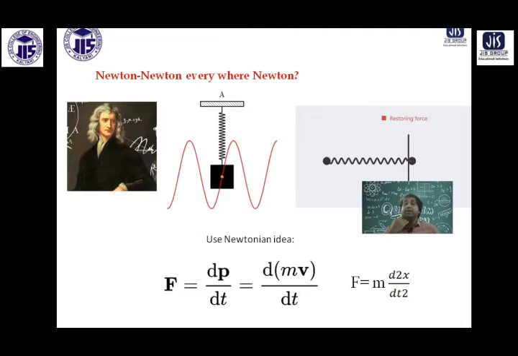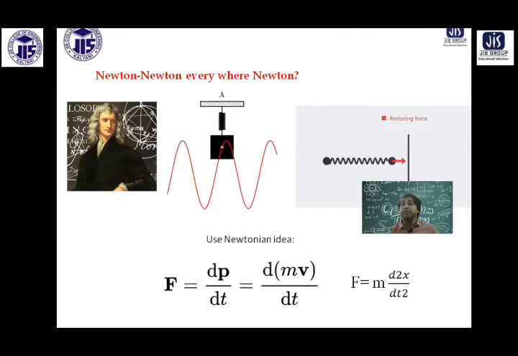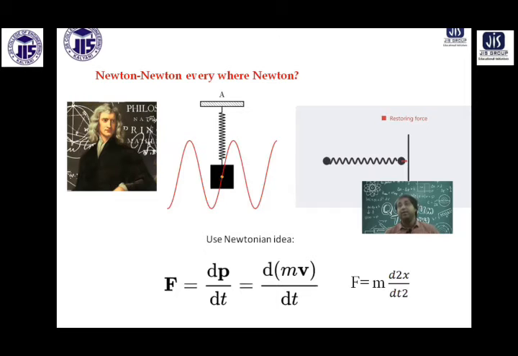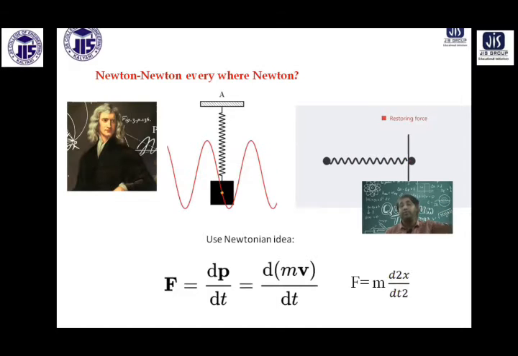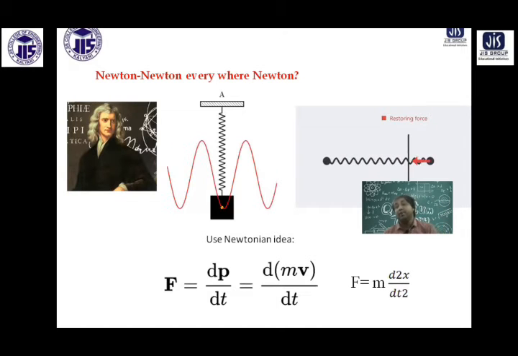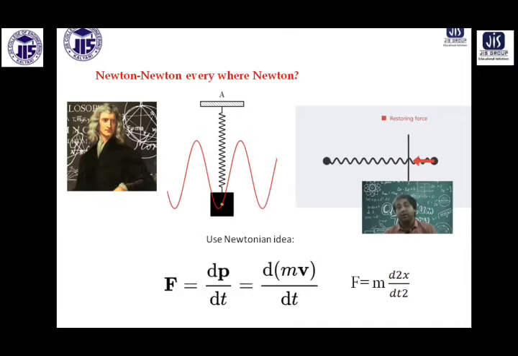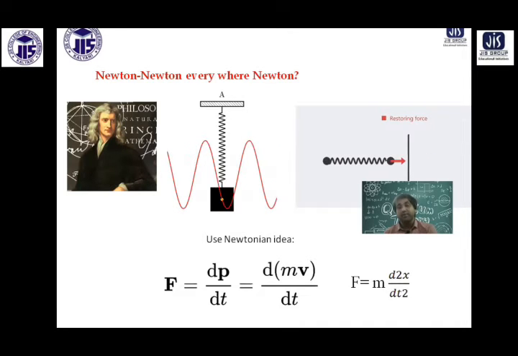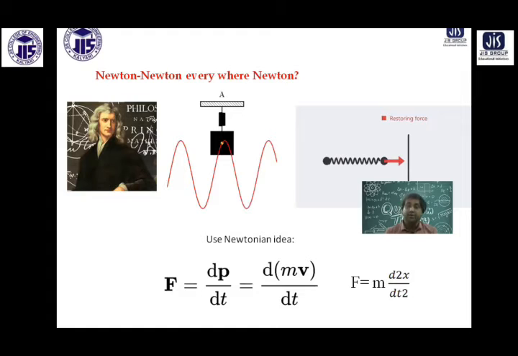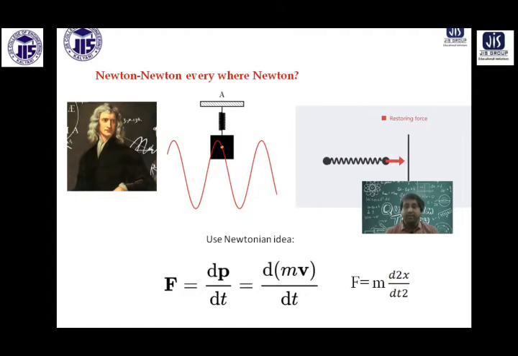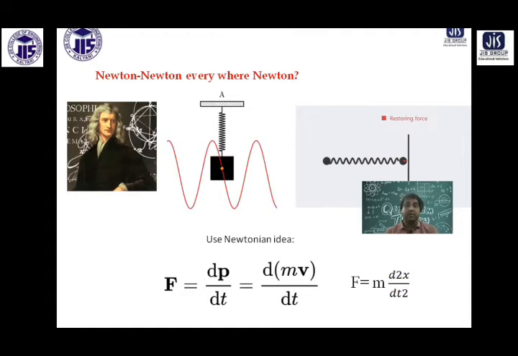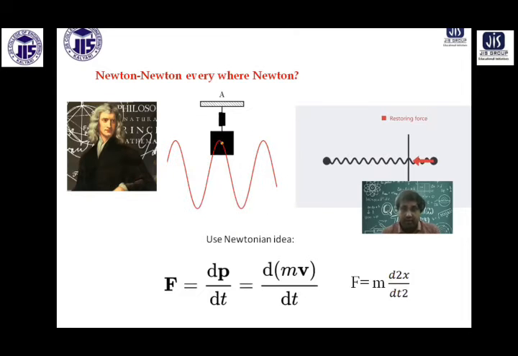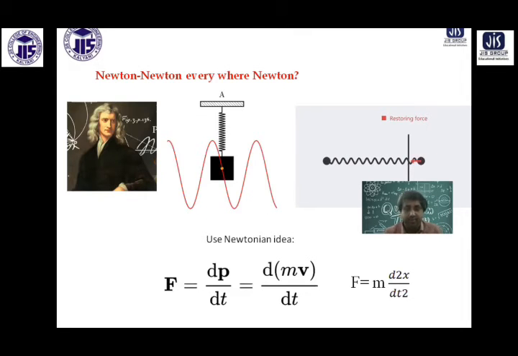So the idea is that this equation is valid for any classical mechanics problem, maybe a block moving, a train moving, or a bus moving. This is ultimately Newton's second law. If you integrate this equation twice, you will get the position at a given time. If you integrate it once, you will get the velocity at a given time, and that means you can describe the problem. The only thing you have to know is the force. For this problem, the force will be the restoring force, minus kx type of force. So you are in a position to solve the problem.